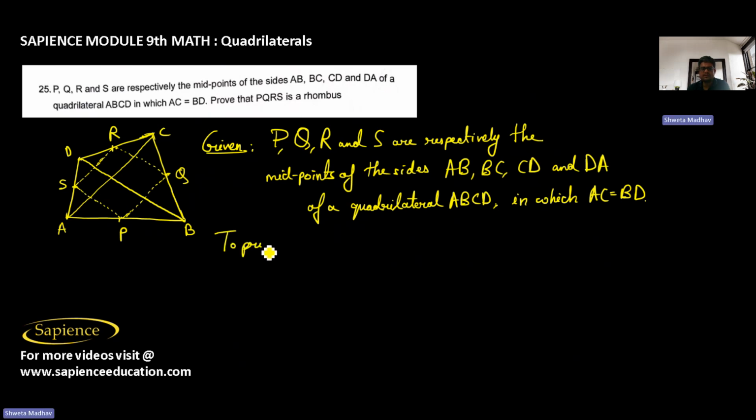We have to prove that PQRS is a rhombus. So the proof is